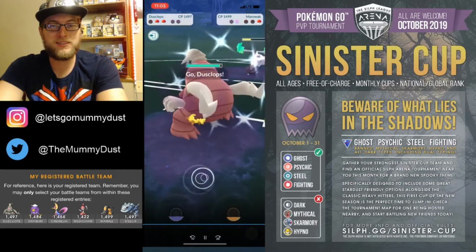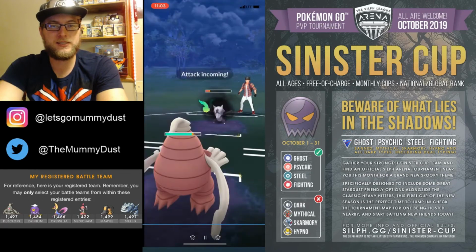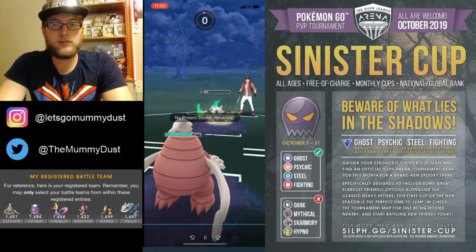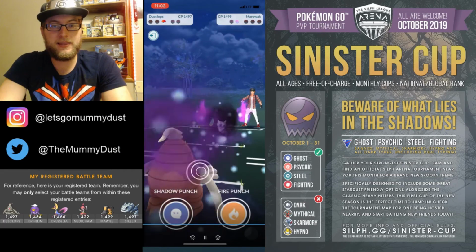So at this point, we're going to switch into our Dusclops, and we're going to get to that Shadow Punch, basically double Shadow Punch. And with this much health, Dusclops can actually survive the Shadow Ball. So there it is. He survives. And then,